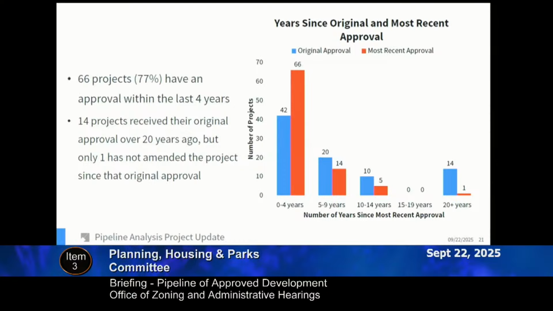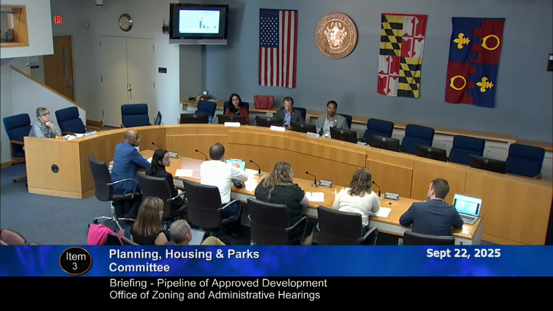How long they've been in the pipeline, if we could go to that slide real quick. I saw it somewhere. There we go. So most, 77% have been approved within the last 4 years. 14 have had their approval over 20 years ago. But you mentioned, I think you said, that those 14, are all of those represented in an amendment in the red somewhere else, every one of them? Yes, that's correct. They would be off the pipeline if they weren't. If they weren't, right, it would be gone.